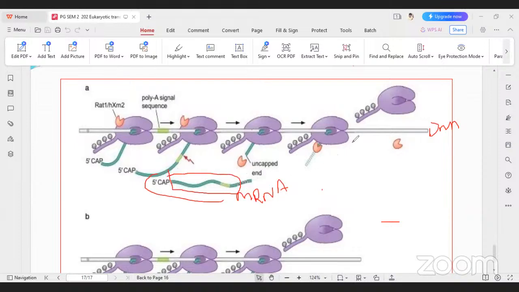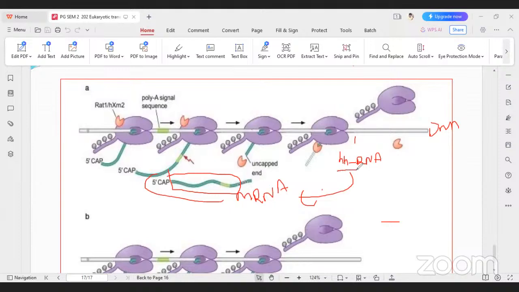This is called hnRNA. From the DNA, first hnRNA is formed. After processing, mature mRNA is synthesized. In processing, first of all, do you know introns and exons? In DNA, the gene has introns and exons also present. In hnRNA,